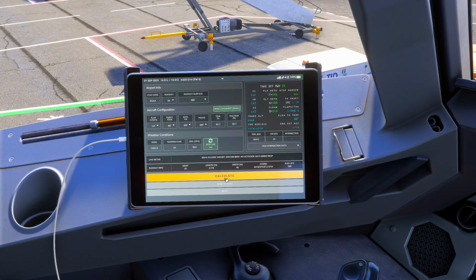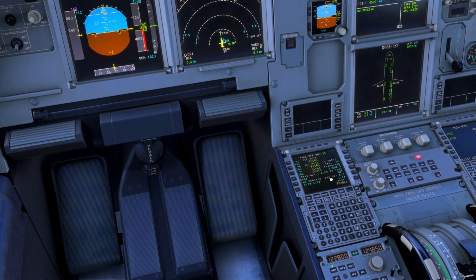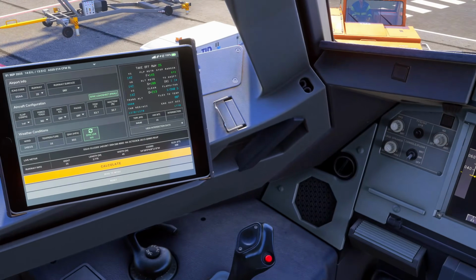We want to go config 1 plus F initially, make sure that works. Calculate, and you'll see there, flexing to 66, stop margin 572, 42, 42, 42. Turn that over to the MCDU, and then we'd want to review engine out